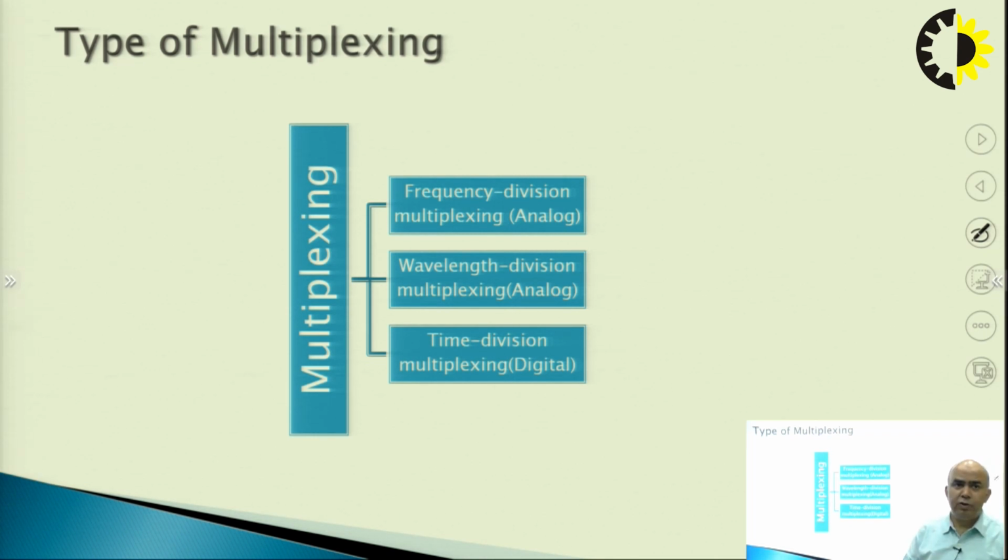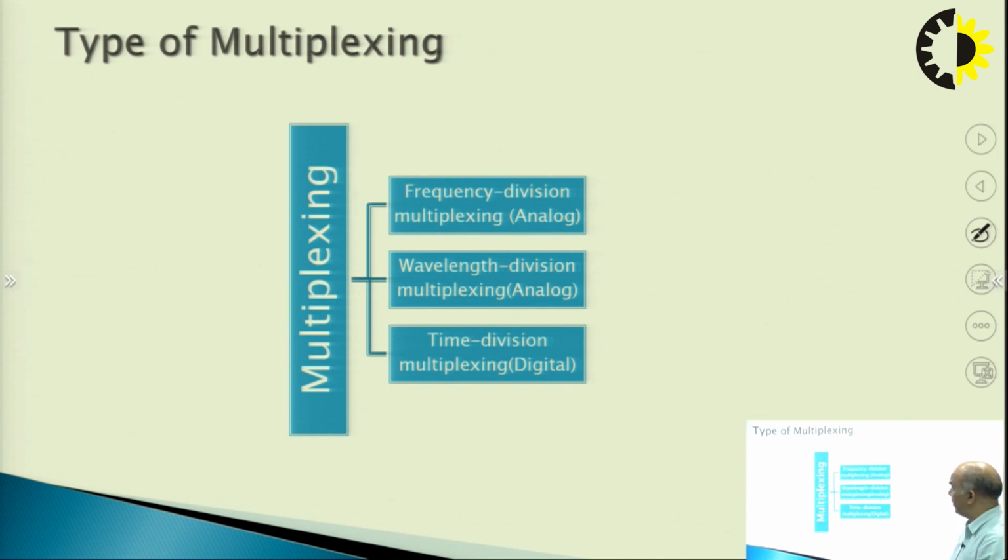Now let us discuss these one by one, in which we have to see how the data is being transmitted from source to destination using a single channel or single link, where multiple users,